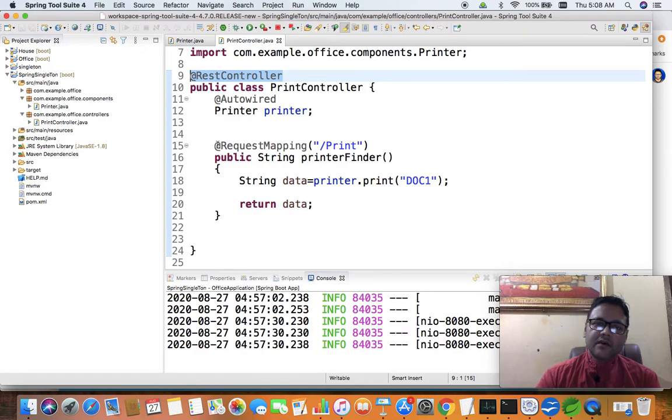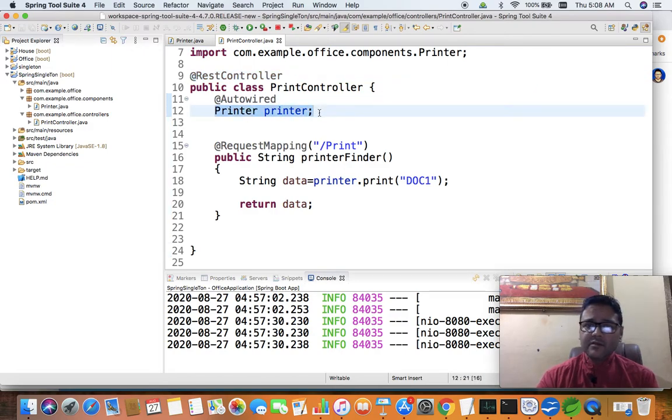So here I have created this printer object, but not by using the new keyword. There is no question of using the new keyword while you are going for the singleton design pattern, outside of the singleton class. So obviously we are not going to call the constructor.